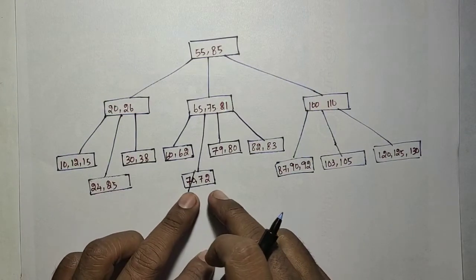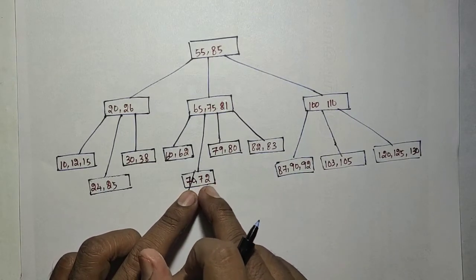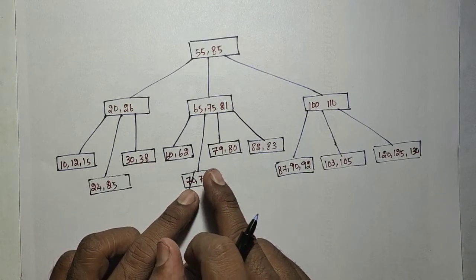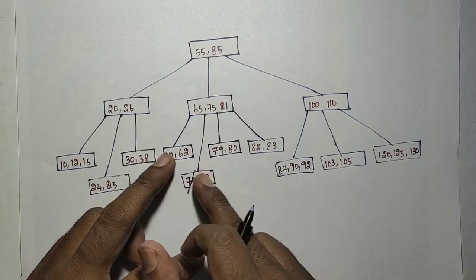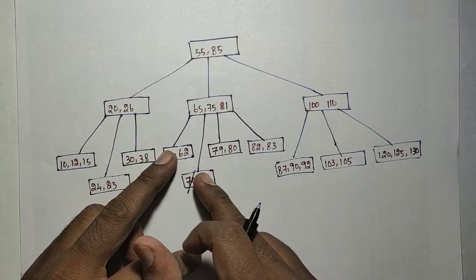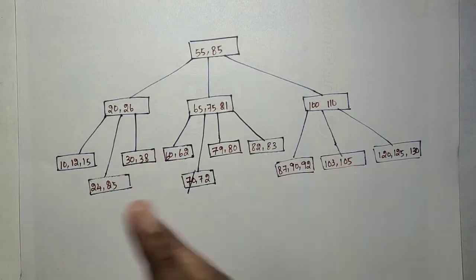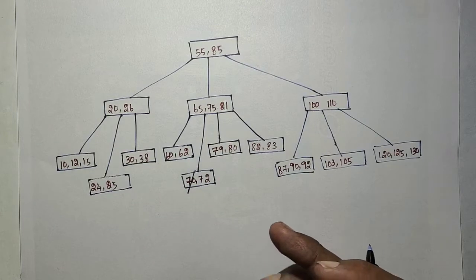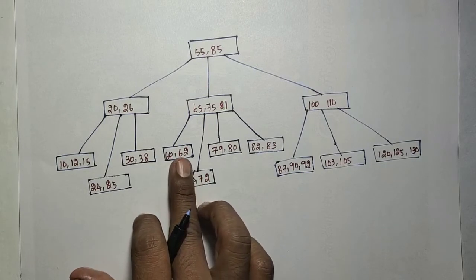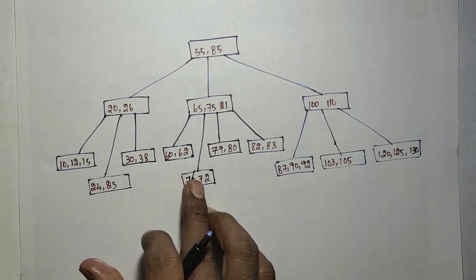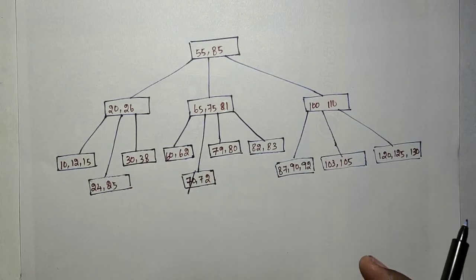So we need to go for the third case, merge. Merge means this underflow node can be merged with either the left sibling or the right sibling. If the left sibling is present, simply merge with this. If it is not present, simply merge with the right sibling. So now the node is to be merged with the left sibling. But merging means we cannot simply merge these elements.